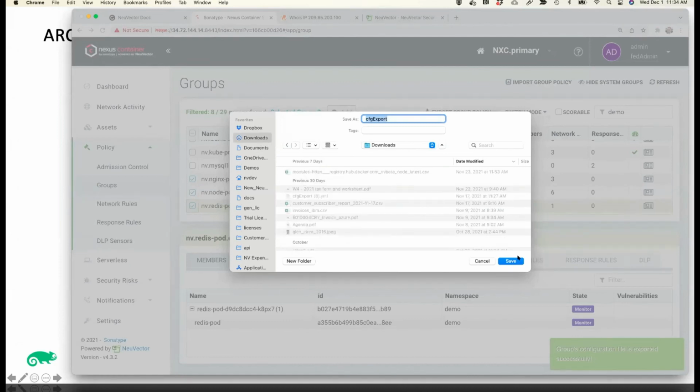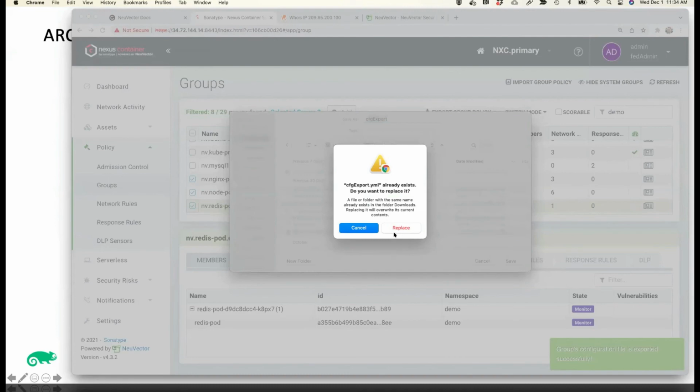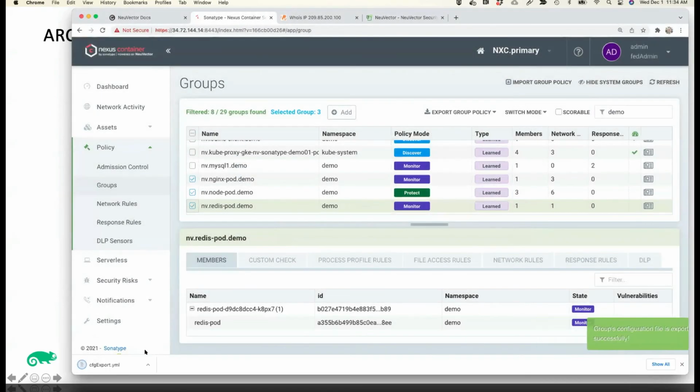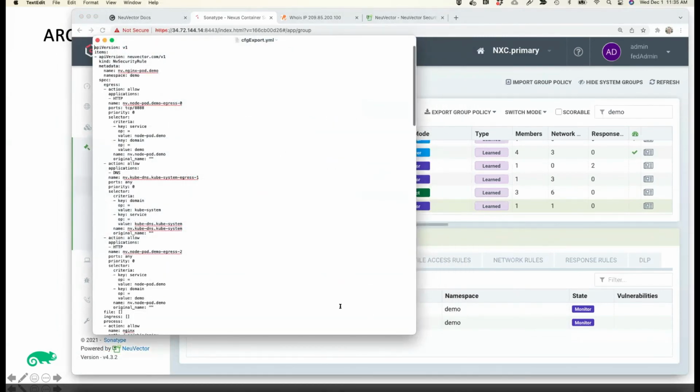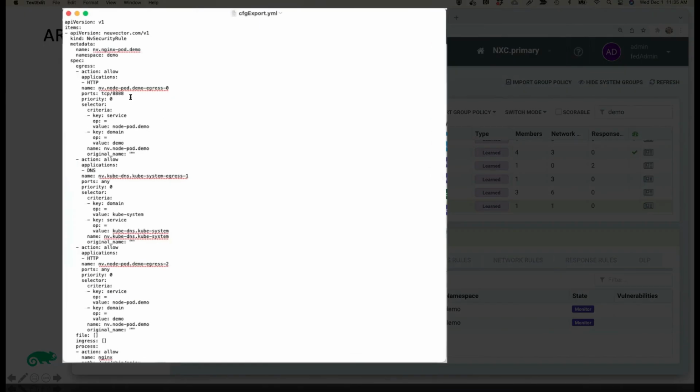And I'm going to save that. So this is what I talked about, which is the CRD YAML file, which expresses all of the allowed rules that we just took a look at in the NeuVector console are now expressed as this human readable YAML file.